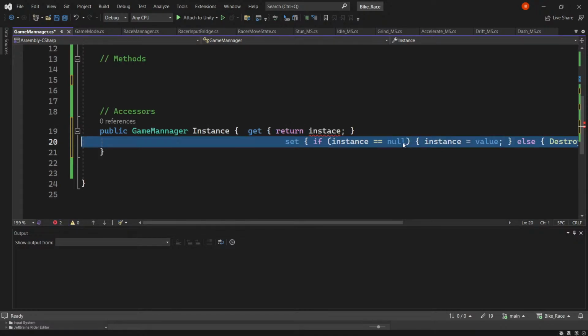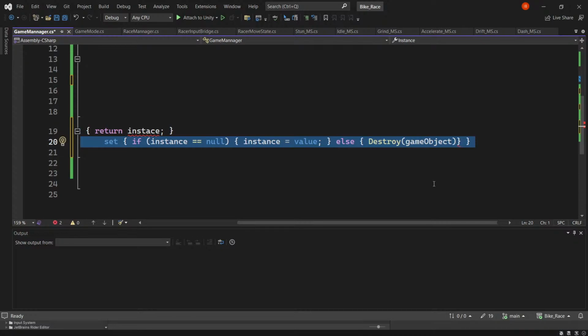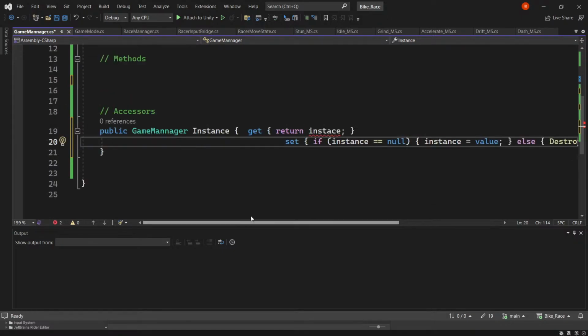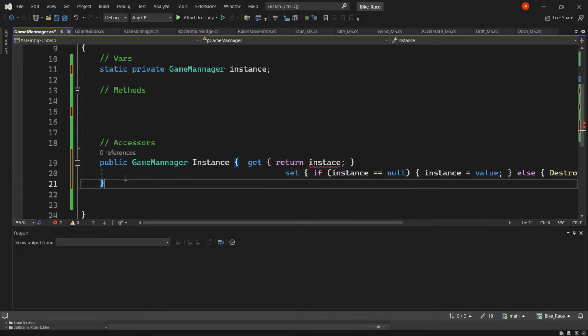Where we can't destroy an object unless we're a non-static class. Which means